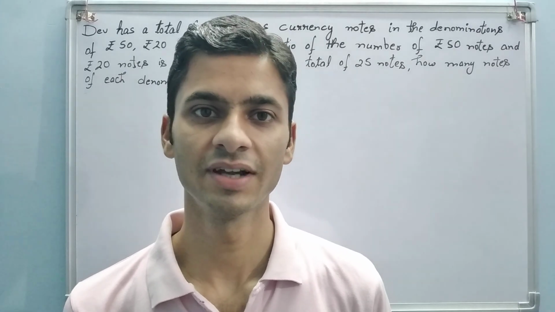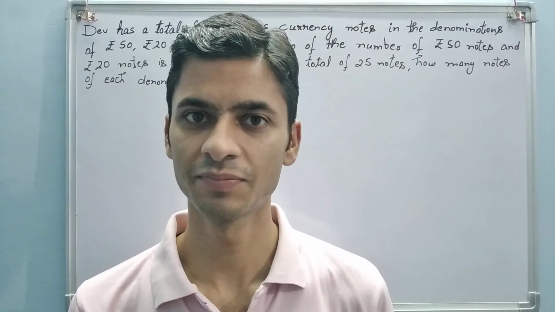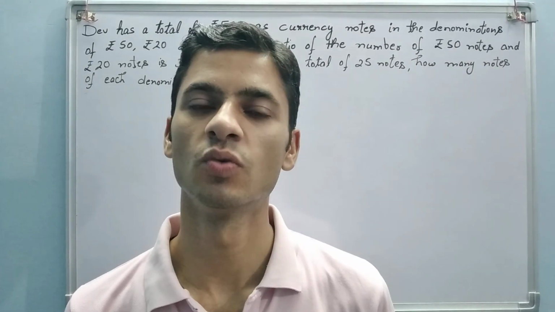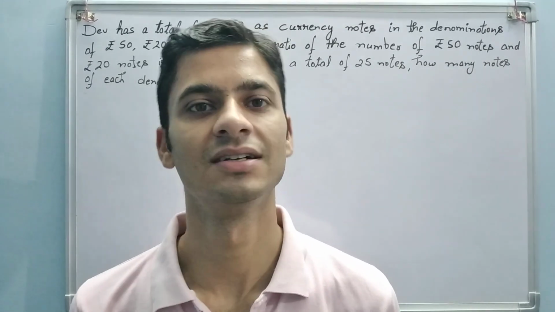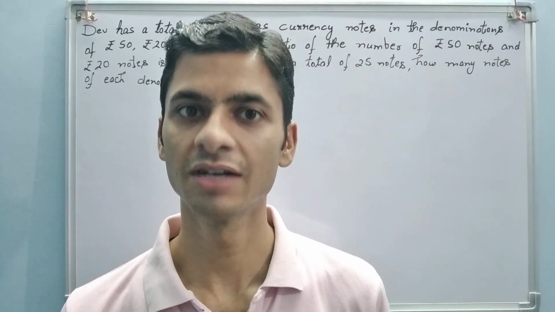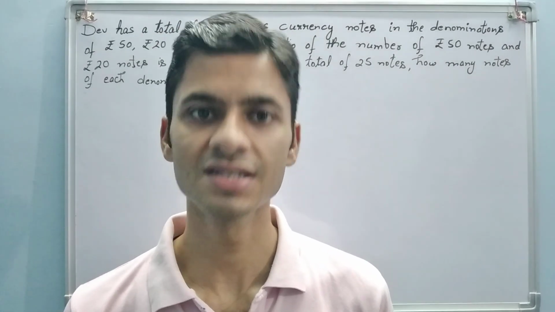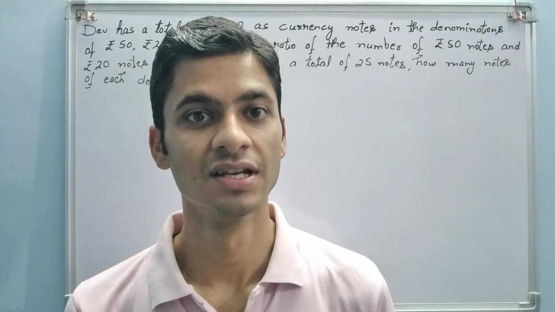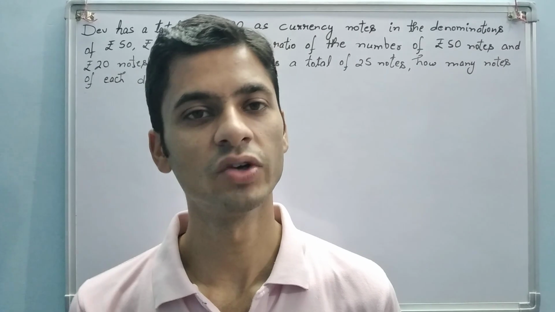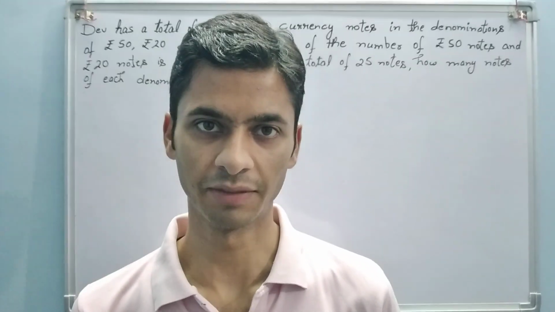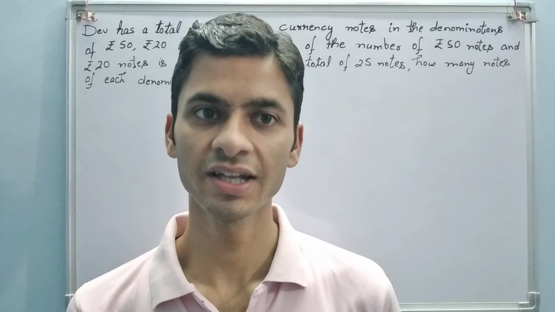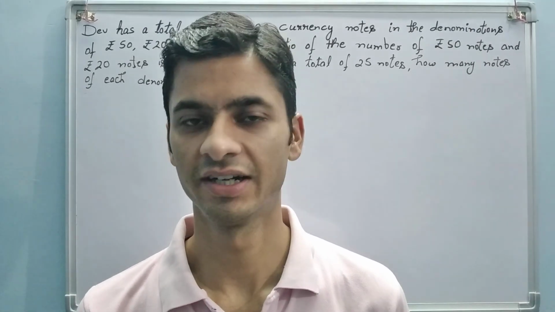Statement questions that we have done so far were of three types. First type was related to shapes, second was related to numbers, and third was related to age. Chapter linear equation in one variable, solving equations, and statement questions. Today we are going to do the fourth type, and after that we will learn solving equations of a different type.